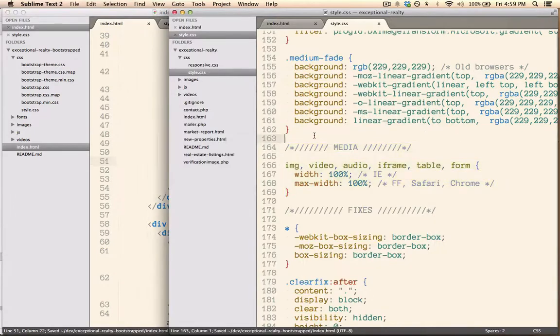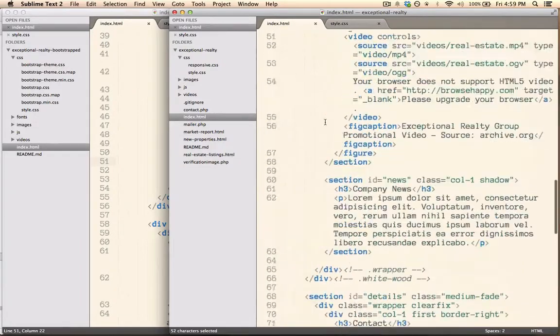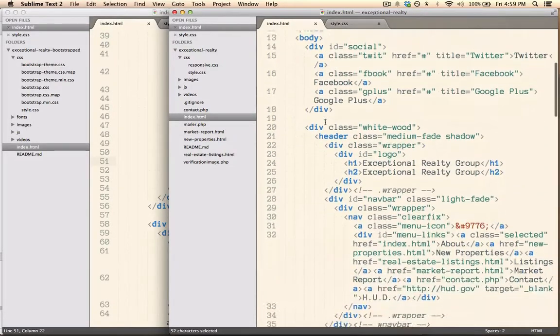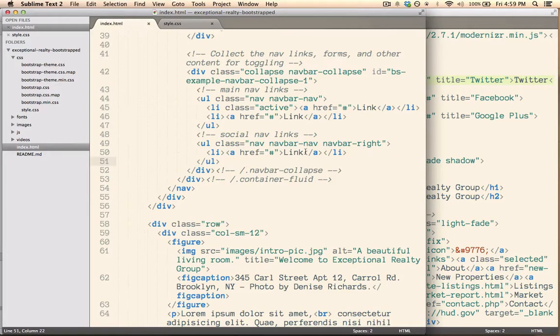So we'll go ahead and grab the link code from the old site. So I'll go up to the top here. These are, I guess, the social icon ones. The class of this one is twit, and Twitter will link to Twitter, I guess. So we'll go ahead and change that out. We'll replace it with this guy. So we'll just say Twitter,